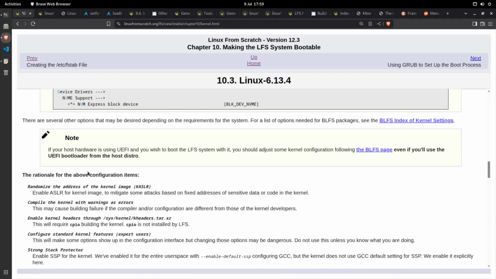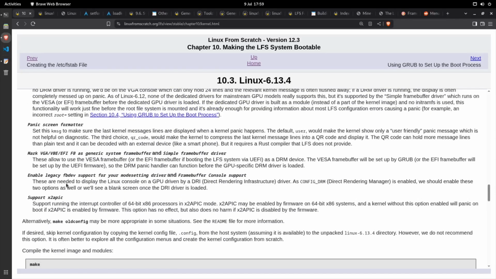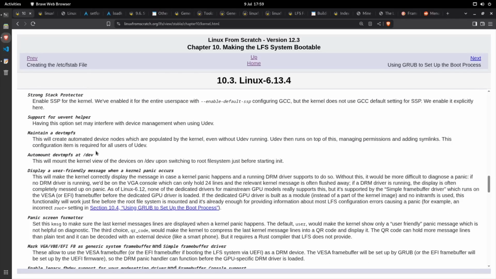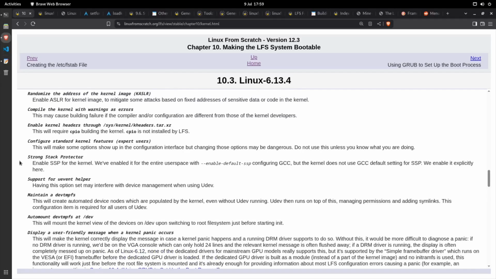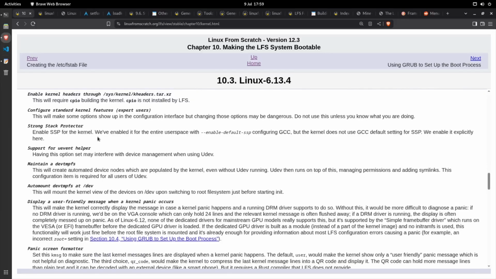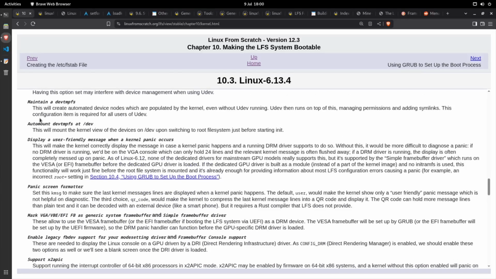So I think you can read this all yourselves. This one is interesting though. Most of these are like panic screen fault. Yeah, you probably want it. Yeah, there's some security features. I'm going to read out two that are useful. So one of these was